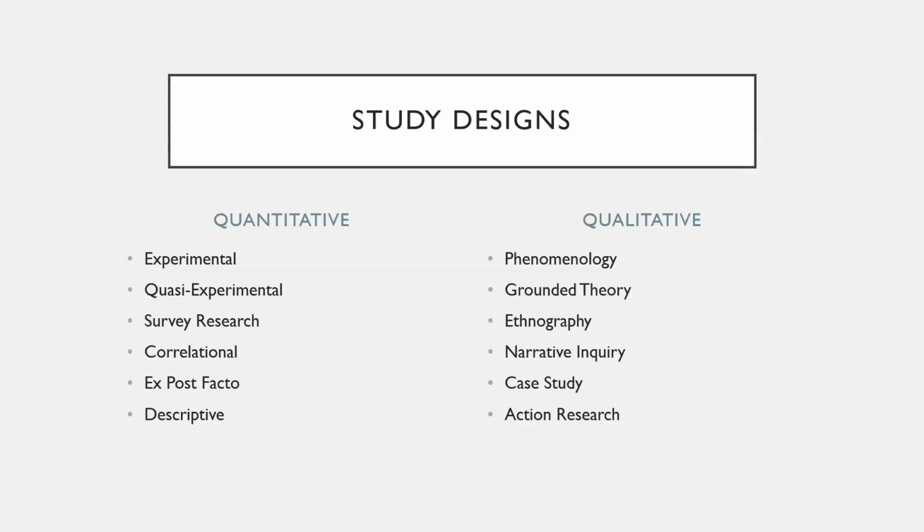And so if we think about these methods as toolboxes for us to reach into and design our studies, in each one of them, there are a set of tools. You can see a list for quantitative and qualitative here. And while I don't have time to go into all of them, I do want to highlight two of my favorites. So on the quantitative side, correlational studies are used to examine a relationship between two variables that you don't